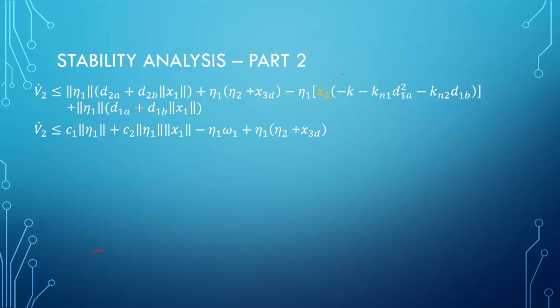Eta 1 norm, x1 norm times D1B goes to here. So basically there are two groups, this group and this group, that need to be regrouped. And otherwise you just keep it, which could be nonlinear terms, could be cross terms, could be